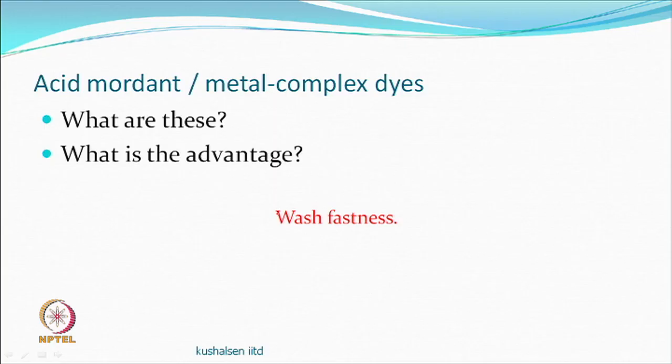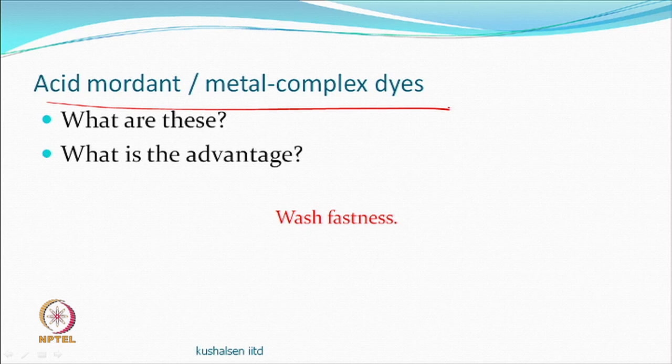For printing you may like to say, well, a little larger molecule, more molecular weight may be a good idea, so that the wash fastness also improves, because there is no other mechanism of fixation except making ionic bonds, unlike reactive dyes. So, they are water soluble and they make only ionic bonds. If the molecular weight becomes high, then obviously wash fastness can improve, and that is what people will like to do, and because of that you may get some advantage by using modern dyes.